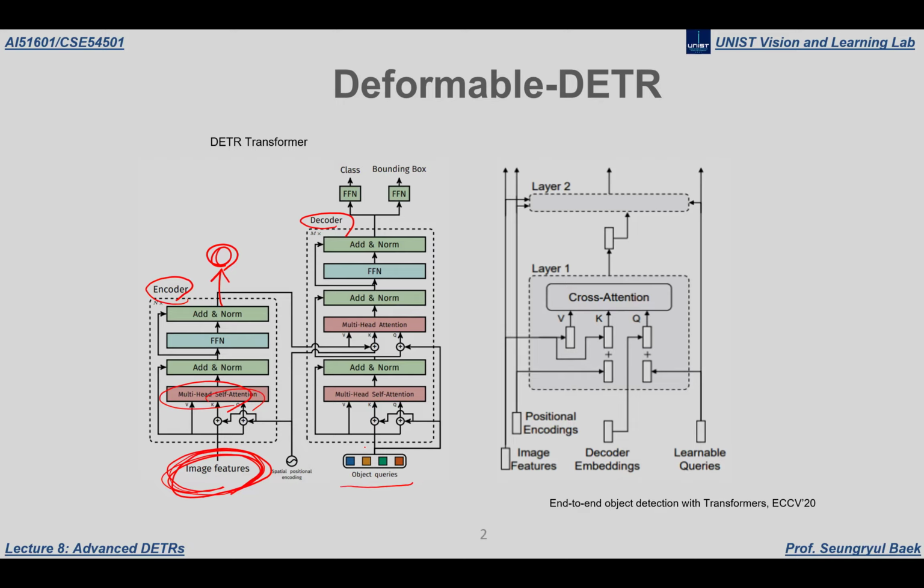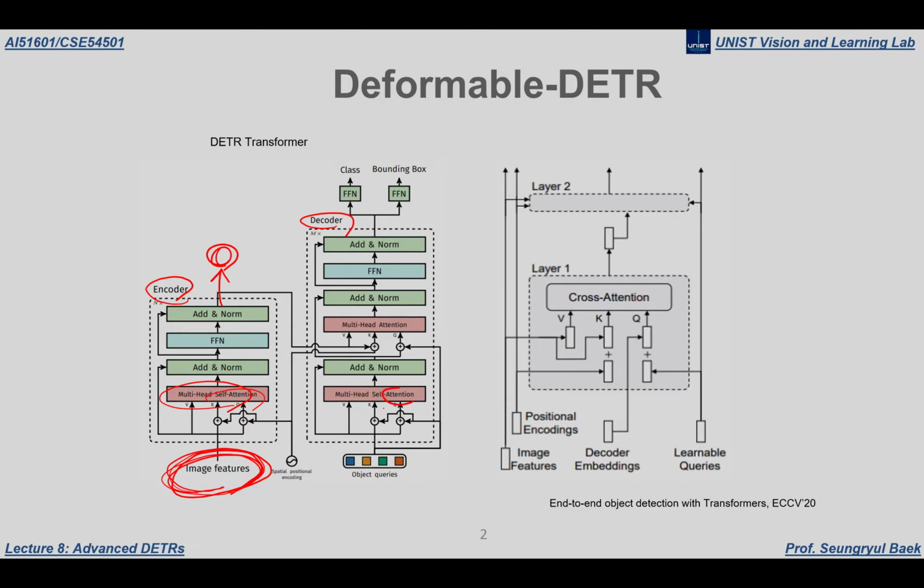And also in the decoder, there are object queries, but differently from the natural language processing domain, we don't have any sequence meaning in this decoder input. Also we don't have any semantic meaning yet for these object queries, but this is, in the DETR architecture, some d-dimensional vector,